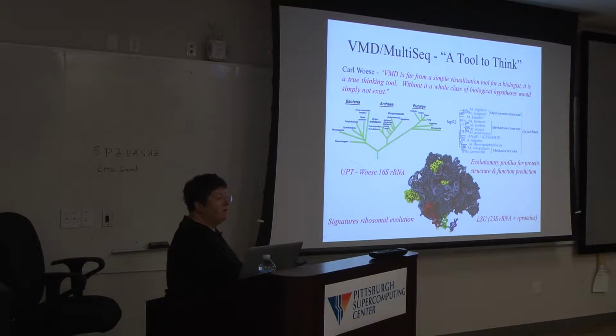And some of those high-level tools are things like he did, like he looked at signatures in the ribosomal RNA. So he made this tree by studying the 16S rRNA. So you have to do it for hundreds of genomes. And then you look for signatures that tell you that that's a eukaryotic system, archaea, or bacteria. And then what we've done is gone from having too little information when he first started to too much. So you really want to have evolutionary profiles for both the sequences and the structure, somehow some representative set that represents the diversity